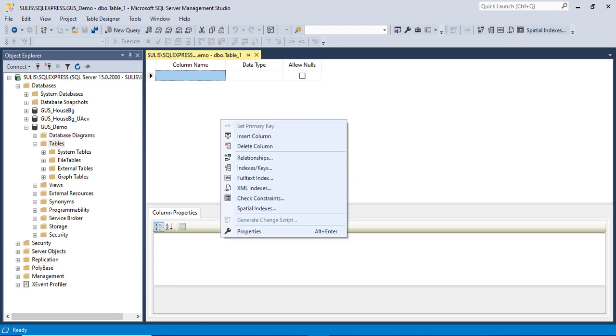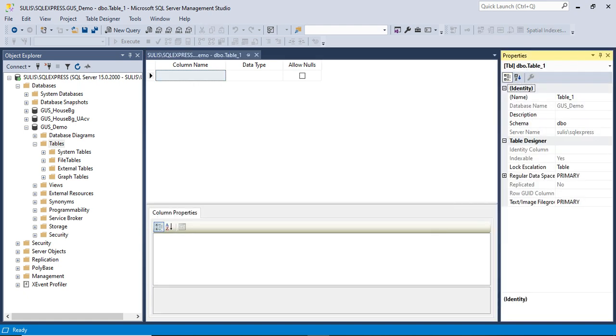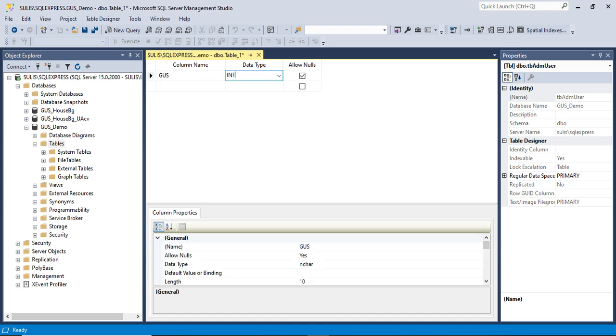Now right click again, properties. I will name the table administration user. The first column is integer, the data type is integer, and does it allow nulls?